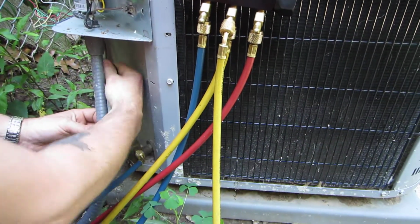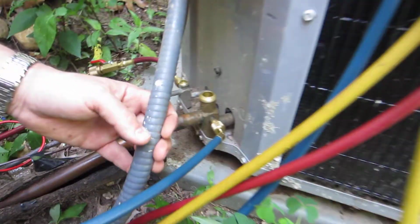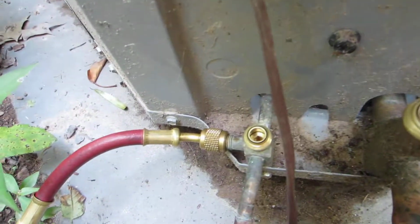All right, and now we're completely both front seated. So if you could get a zoom in on that. This is what your valves look like when they're completely front seated, like all the way down. All right,